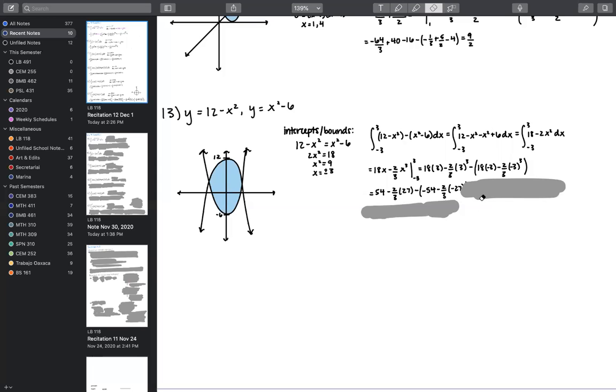So another thing that you could do to maybe save some work is you could have done 2 times the integral from 0 to 3 of the same equation. The only difference here is that we're going to double the area, but we're going to take it over a shorter range. So in this case, we wouldn't have to plug in this 3. We would just get 0 for this right-hand term. And then whatever this is, we would double. So that's actually, I believe, how the book did it. But I just went about it the normal way. But that would get you full credit as well on an